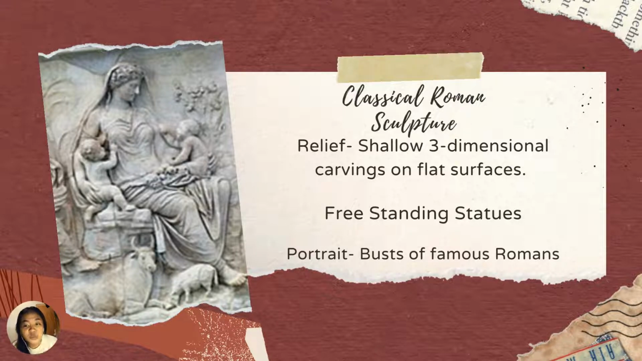It was designed to awe and impress other nations with its gravitas and sense of power. The Greeks focused on idealism, making sculptures that were not only lifelike but also visually perfect with young, calm faces and well-defined muscles. Their key categories in sculpting are the relief, shallow three-dimensional carvings on flat surfaces, freestanding statues, and portrait